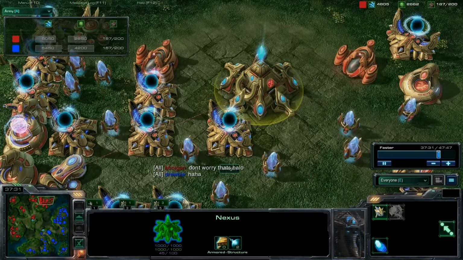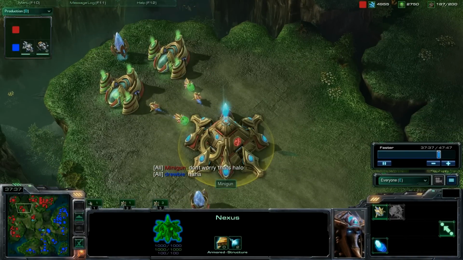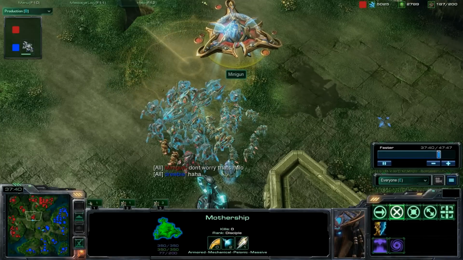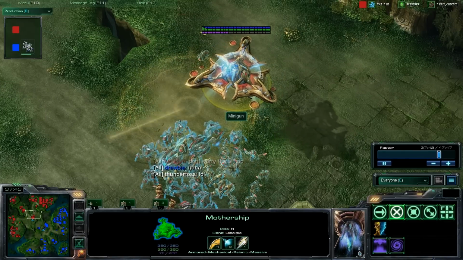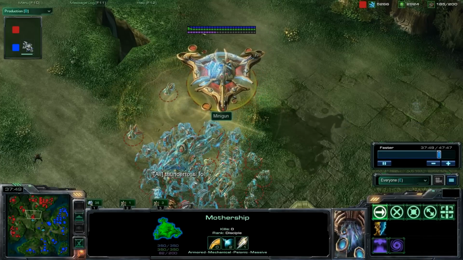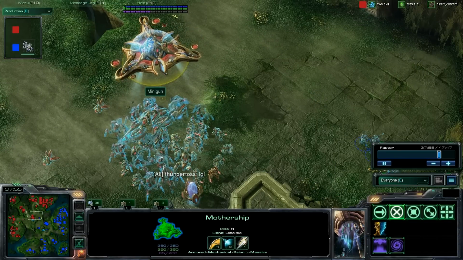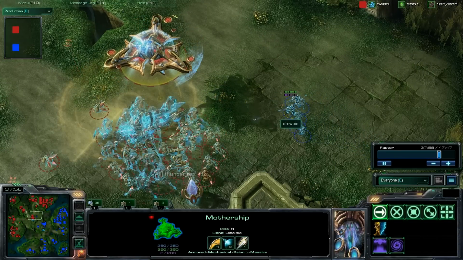Minigun says, "Don't worry, that's Halo." I do not believe he has a Stargate and the capability to make... Oh no, he does. There's the mothership. So Drewbie laughs, and it looks like we have a few observers in this game as well. So Drewbie does a scan there, sees that mothership. So he's going to have to...